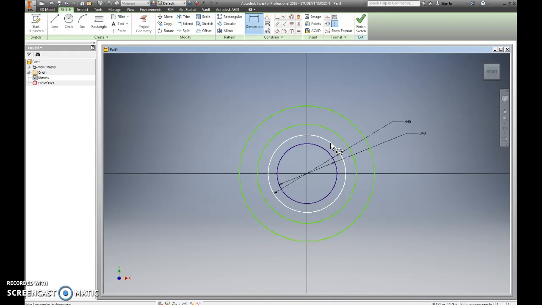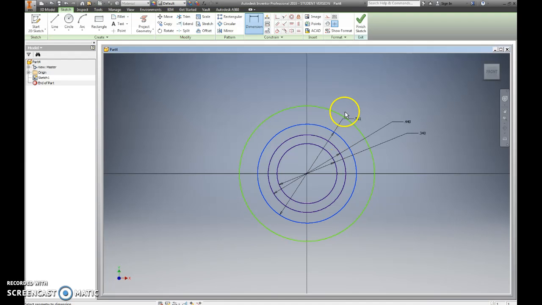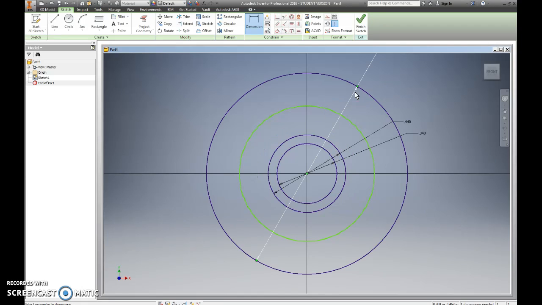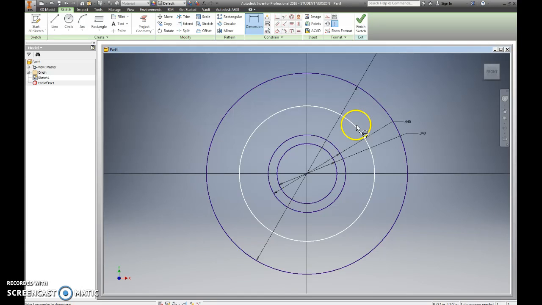Now you can see also that there's a distance of 0.35 from this ring to this ring. So again, we'll let the computer do the math. 0.440. This time hit the plus key, and we're going to add 0.35. We're going to add 0.35 again, and that gives us a ring out here. So will this ring. If we were to just dimension this distance, we couldn't do it, but again, since we're dealing with dimensions,